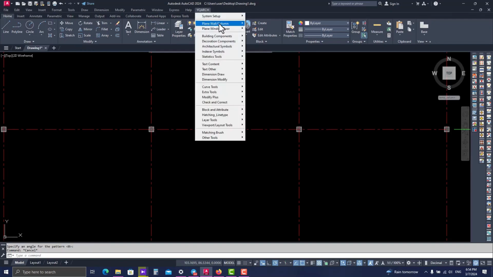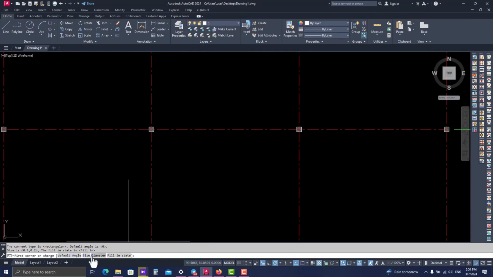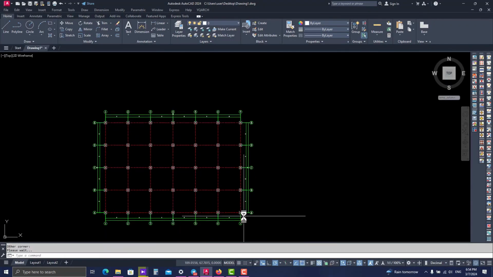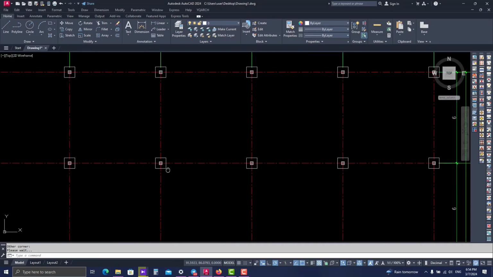Firstly, again, I click on YQArc, plain wall and column, arrange columns, size 0.7 and 0.7. Press enter, fill a state, but this time I specify no. We don't need the fill regions. So we click and then we go for drawing a window using click and drag. Watch this, we have added the foundations